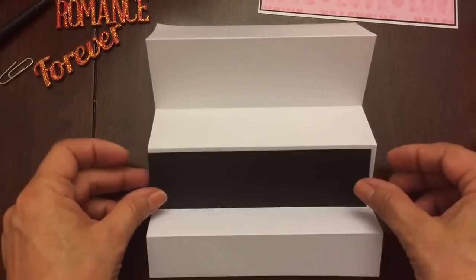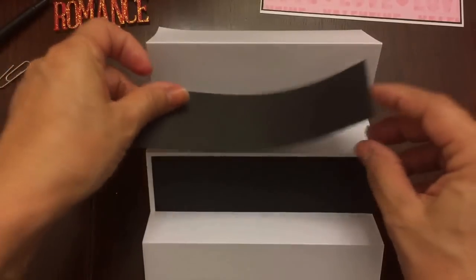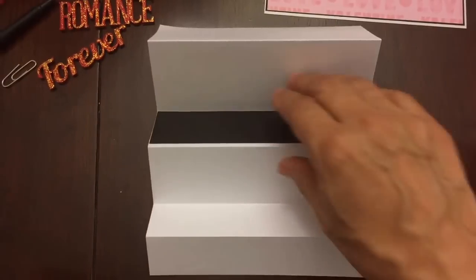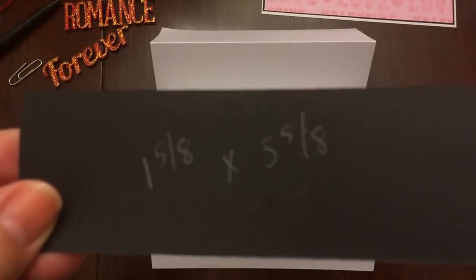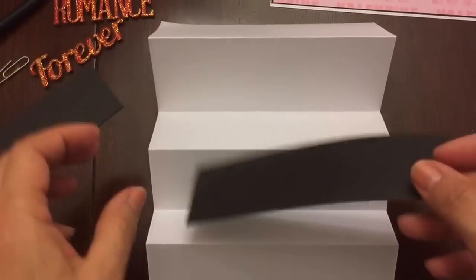I've cut some black pieces of cardstock, and I want to add one here, and I always want to decorate this piece here too. So this measures, I think I wrote down, here we go, it measures 5 5/8 by 1 5/8. So you cut to that size, and then I cut